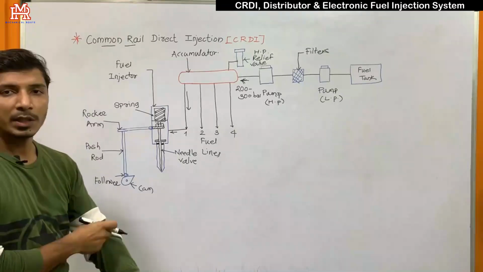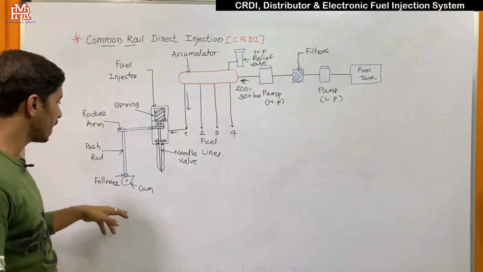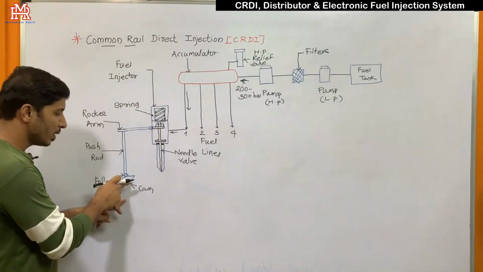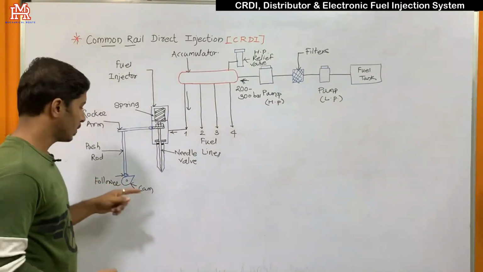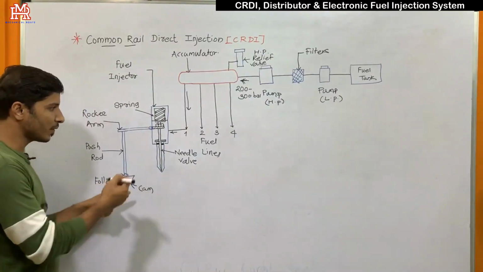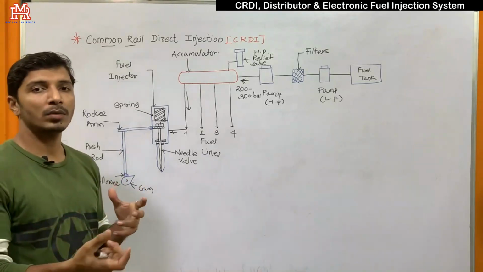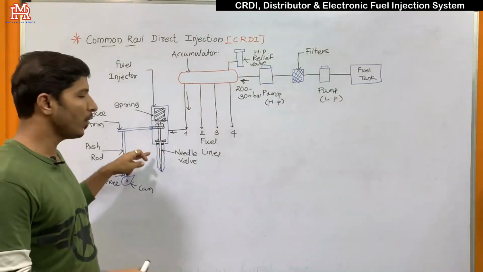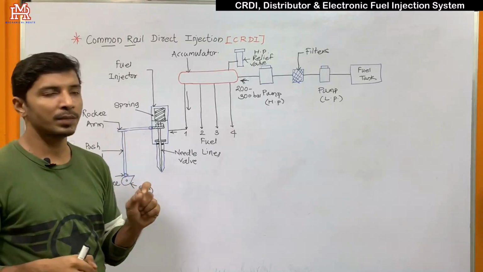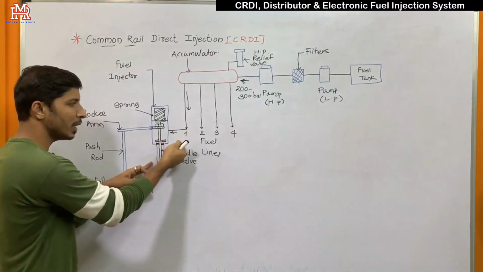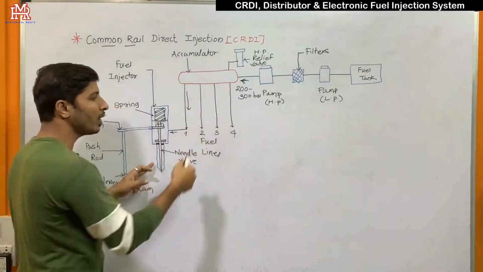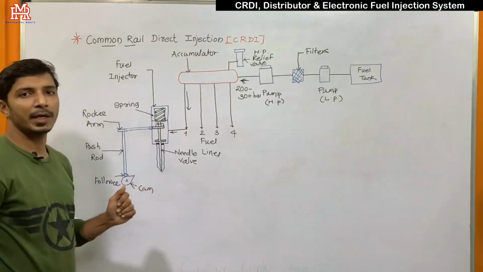So we know that when the engine rotates, the crankshaft will rotate, and with the help of the crankshaft, this camshaft is timed. According to the profile of the camshaft, these valves will be opened and these valves will be closed. This means fuel will be sprayed for a particular duration, for the first cylinder, second, third and fourth. Accordingly, this camshaft is designed.